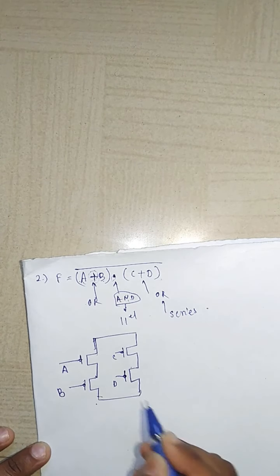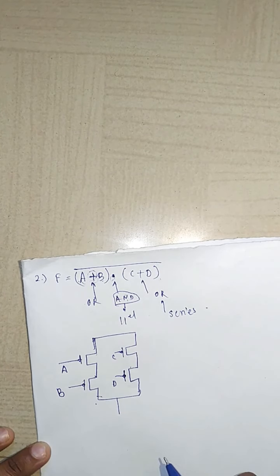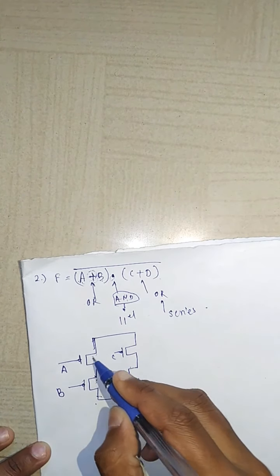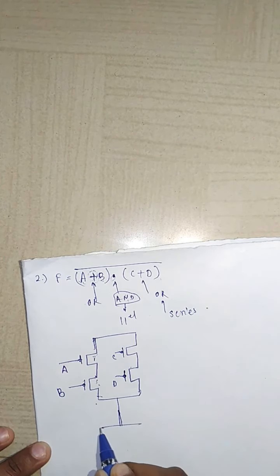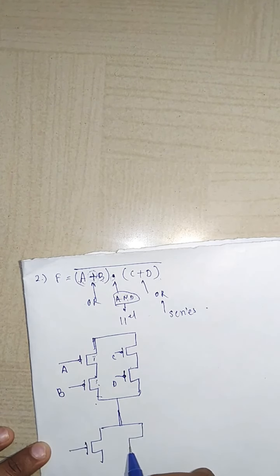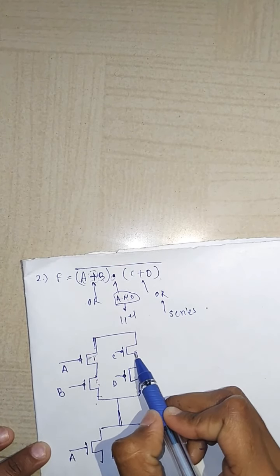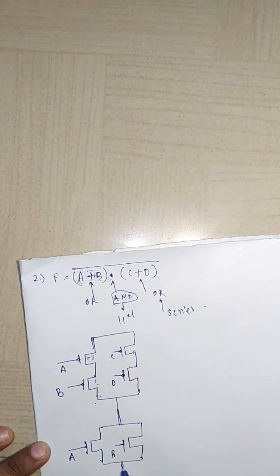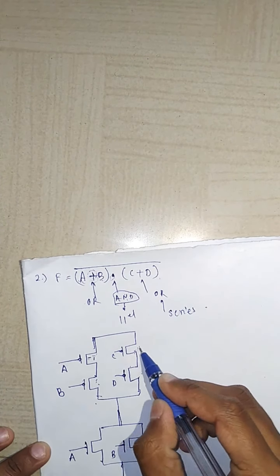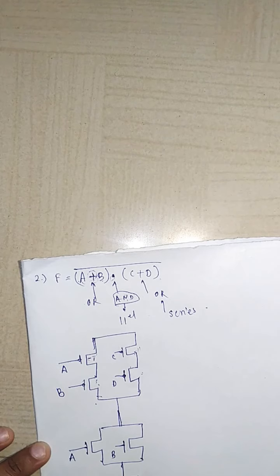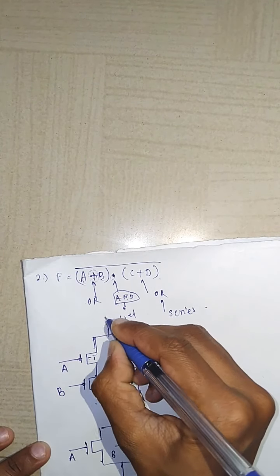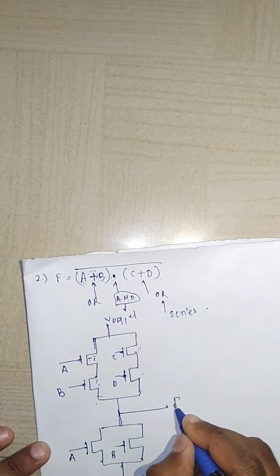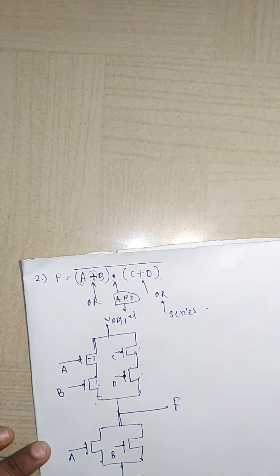Okay, so we know that there are exactly opposite connections for the NMOS transistors. These are the two transistors which are connected in series, so we have to take these N type transistors in parallel, right. There is A, B, and these two connections are connected in parallel, so we have to take it as series, and these two transistors are connected in series, so we have to take it as parallel. So C, D, and that's it. Here is VSS, here is VDD, and here is F as the output. You can check the operation as well.